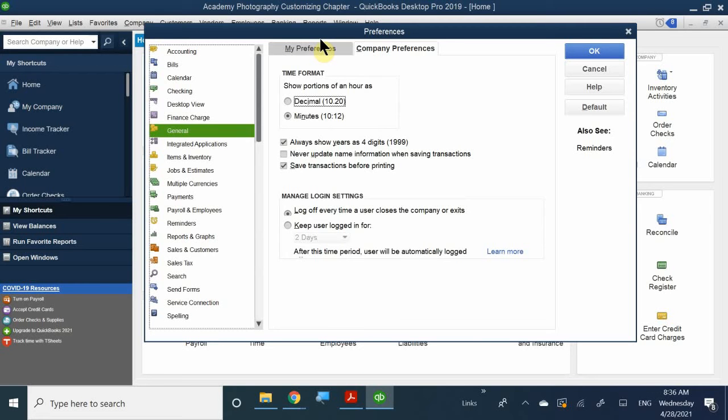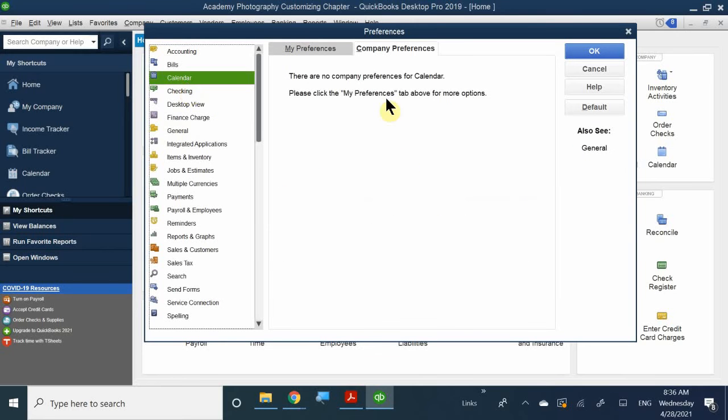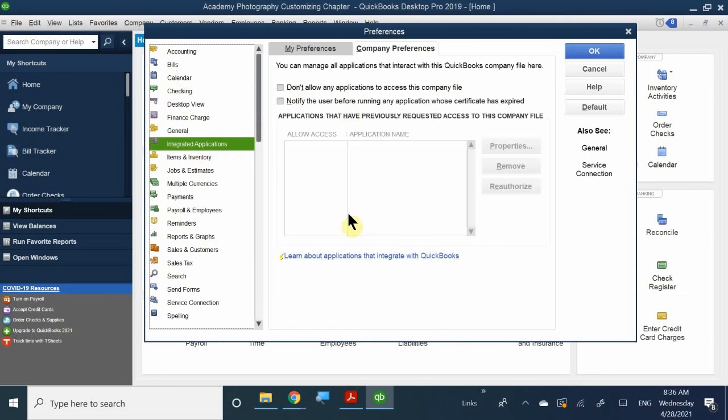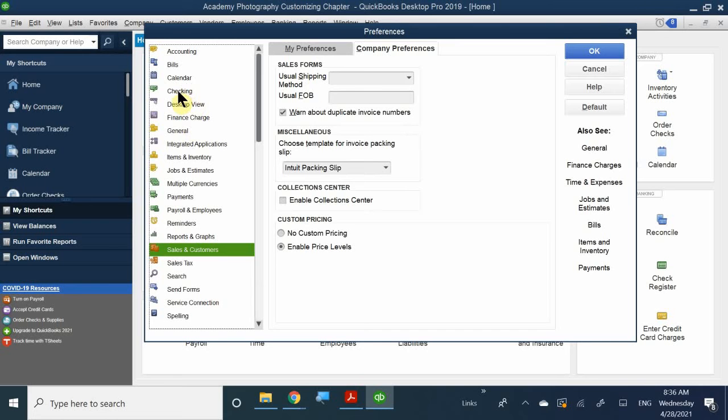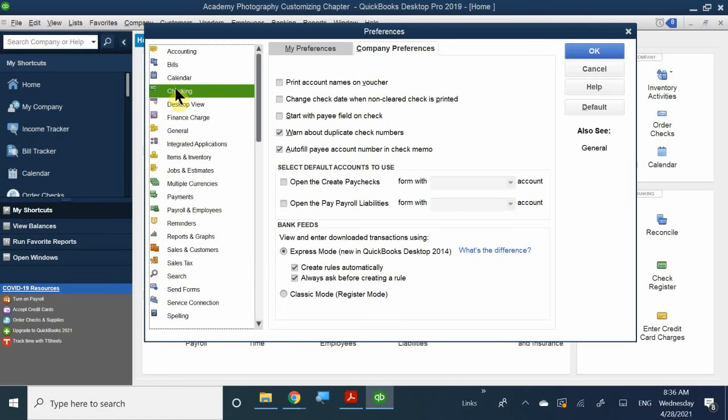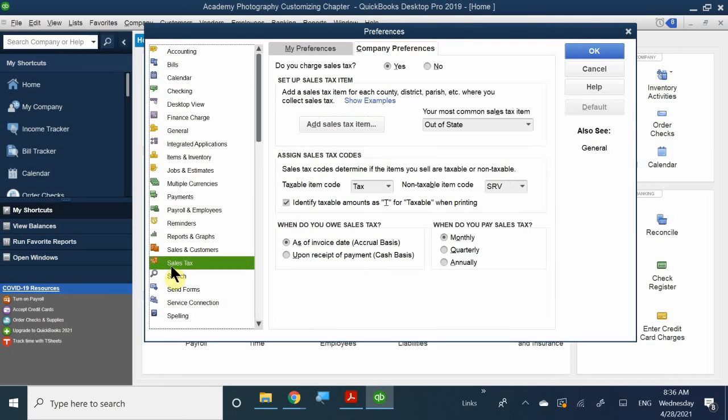Now, as far as user preferences, if you take a look at every single one of them, some of them will have things, some of them will not. For example, this one doesn't have anything, this one has something, this one has something here, and this one has something here. You want to be very careful, or actually go through them, because as you go through them, there are a few details that you may or may not need. But once again, this is going to be based on whoever is currently logged into the computer and using the profile. Some of these could be useful for you. There's a huge difference, especially when it comes between